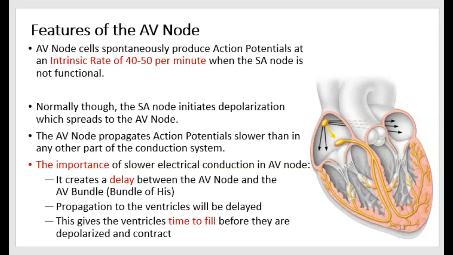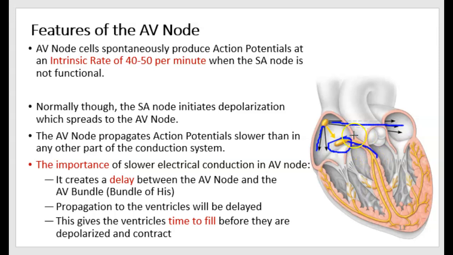It would be about 40 to 50 beats per minute, the contraction would be. But in a normal situation, the SA node is functional, and it initiates depolarization, which then spreads to the contractile cells of the myocardium and to the AV node. Now, once the action potentials or the electrical depolarization reaches the AV node, the multiple cells in the AV node aren't able to conduct excitation as quickly. So there's a slowing of the excitation through the AV node,